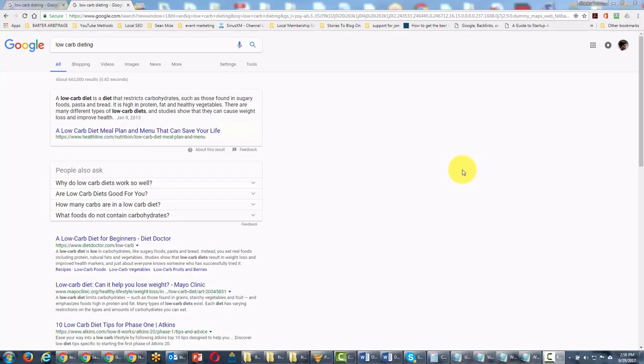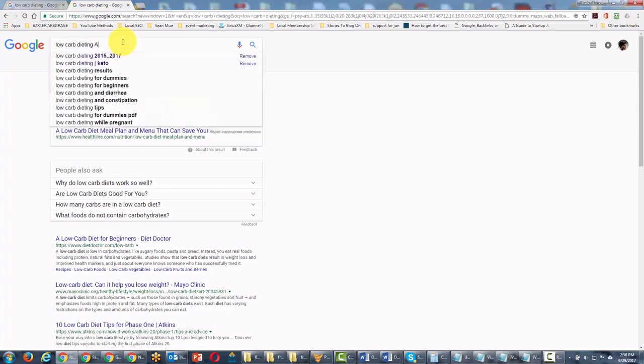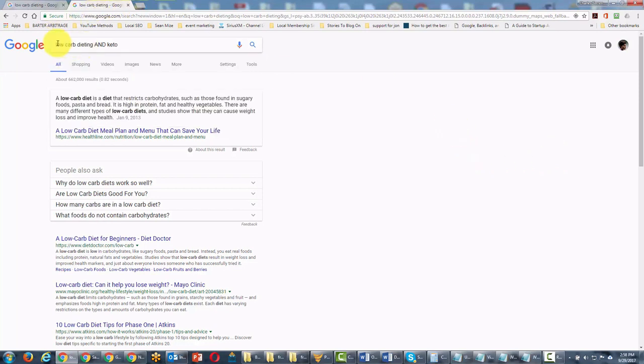Welcome back. Now we are going to look at the AND command. What we are telling Google when we use the AND command is to only bring back results if they have everything that we put around the AND command. Now when you do this, you must use the AND, and it has to be capitalized. So all of the letters have to be capitalized, and we then must write in the second term. So everything that's going to come back will only have sites with these two terms in